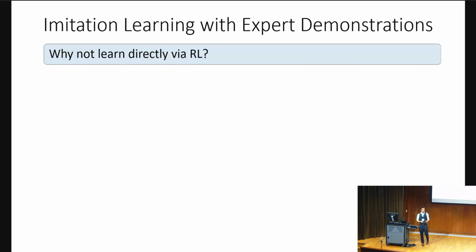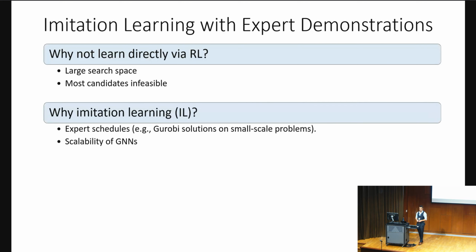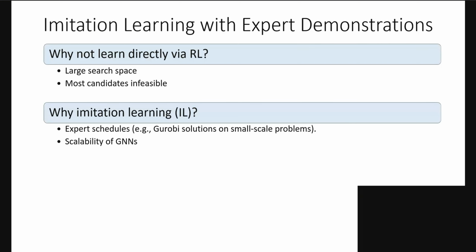We don't typically do RL for most of these problems, so we cast it as an RL problem because in NP-hard optimization problems, most candidate solutions are going to be infeasible. So everything just has an infinitely bad reward. What can you do with that? So we typically like to do imitation learning. We can get an exact solver, Gurobi or Cplex, to solve those problems, give us examples of small problems, train our neural network weights,